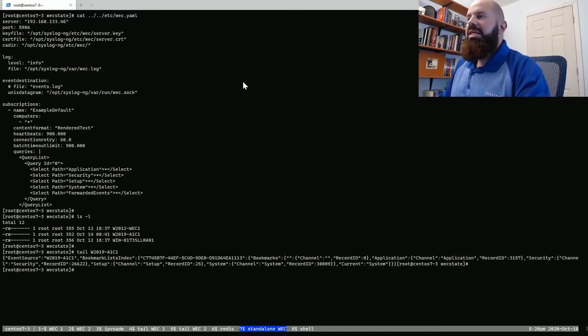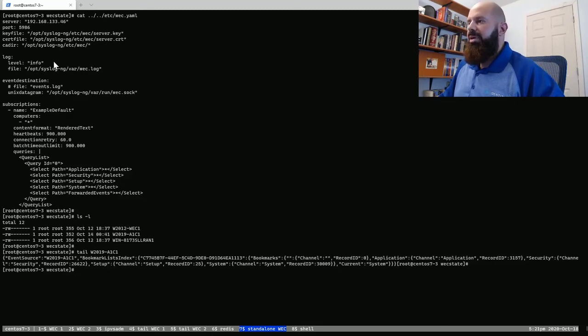So this here is the YAML file that defines a subscription. Windows will have a list of one or more collectors that it will contact and then provide logs to through WinRM according to the subscriptions defined in this YAML file. So you can see here, this is the level of events that we want.